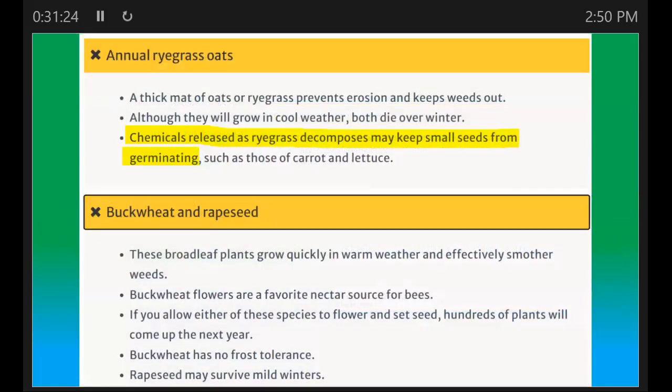So that's the other thing too. I highlighted that in yellow because that's getting at where some plants release chemicals that actually inhibit maybe the next plant you're trying to grow in there. So you have to be careful about it. Okay, I'll continue on with this thought on